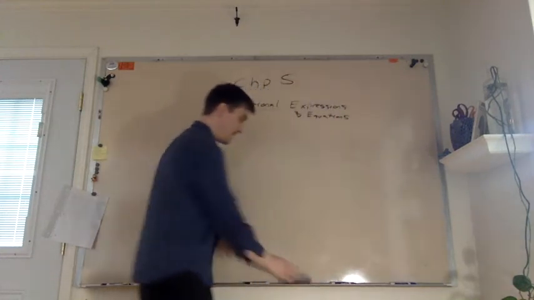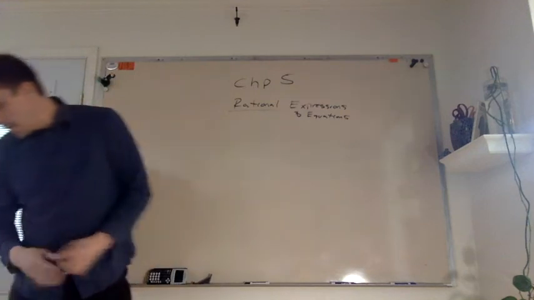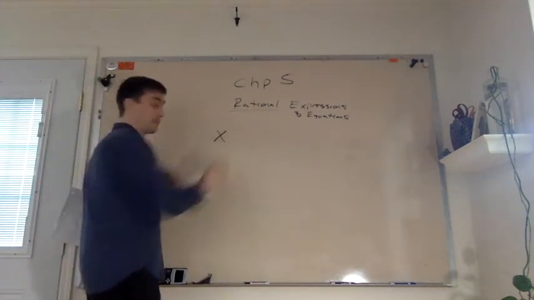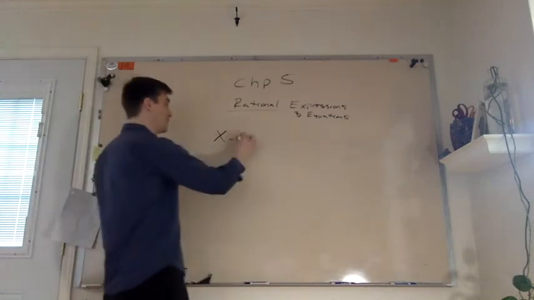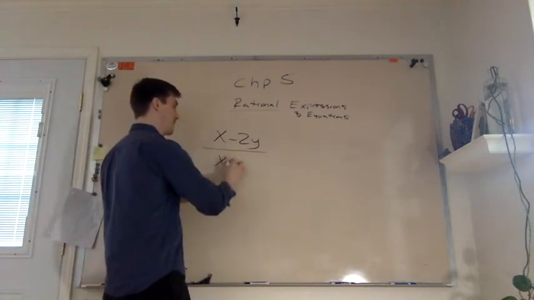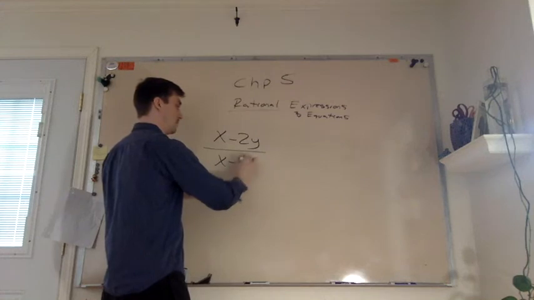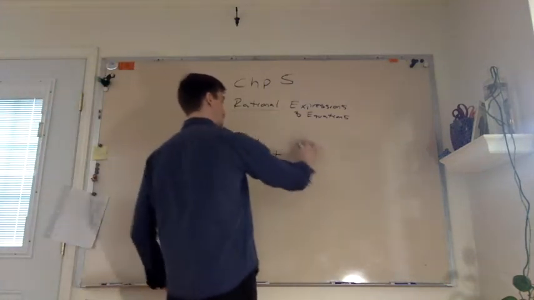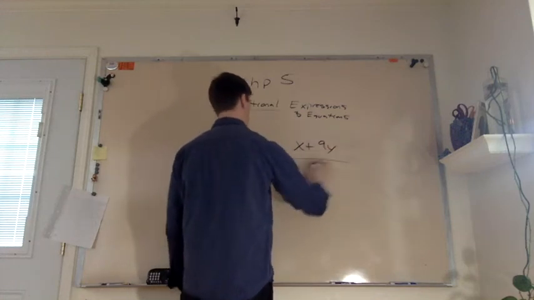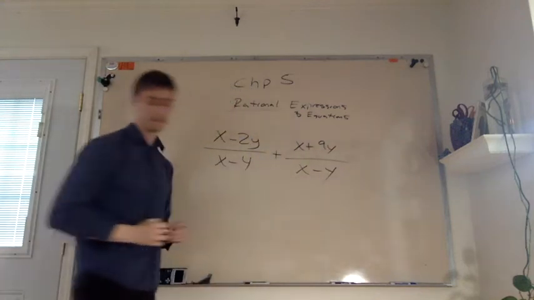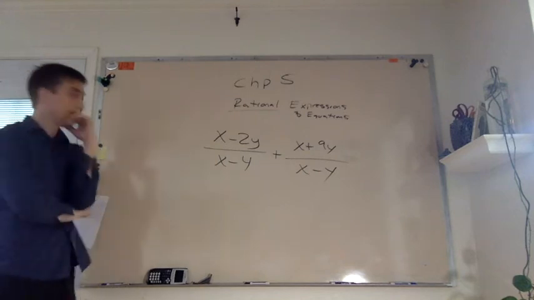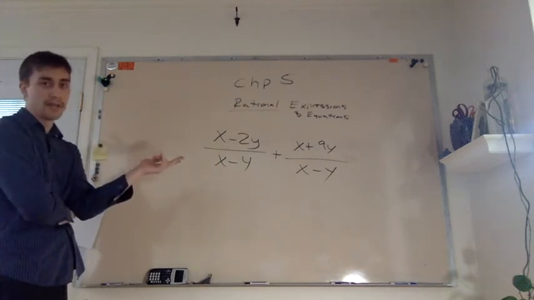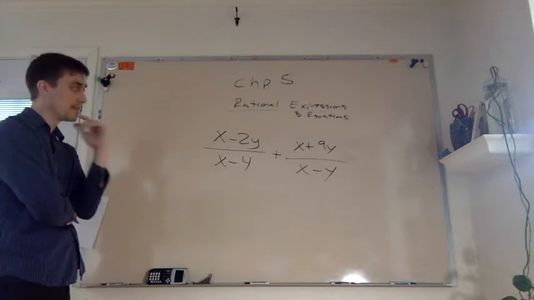All right, let me give you one to try here. How about this? Here's x minus 2y divided by x minus y, plus x plus 9y divided by x minus y. So these are going to start to look pretty nasty. I mean, this one's marginally nasty, but